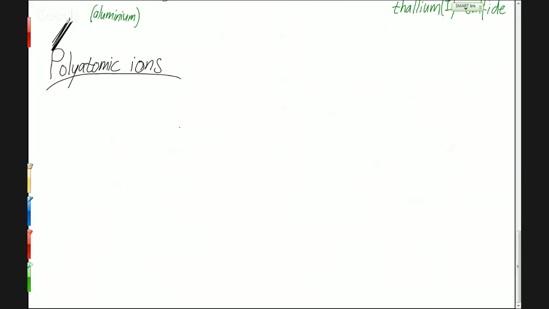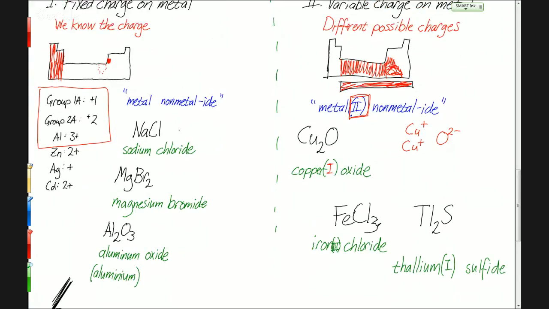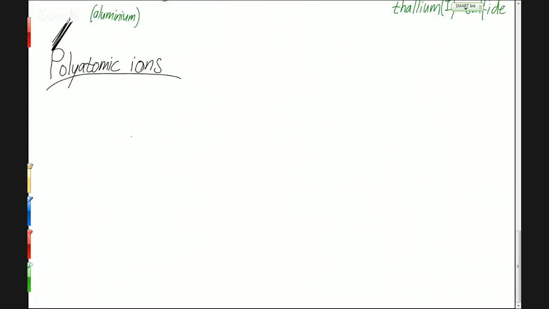Polyatomic ions are ions that have more than one atom in them. Poly means more than one, atomic means atom. All of these previous ones that we've talked about have been monoatomic ions, meaning each ion only has one atom. Either it's the metal or it's the nonmetal. But a lot of ions actually have multiple atoms within them. So we're going to look at some of these,